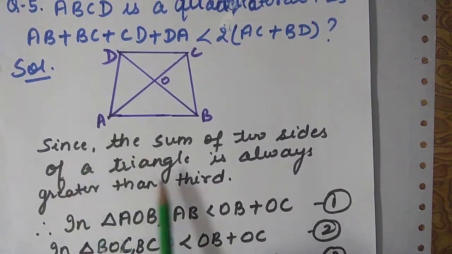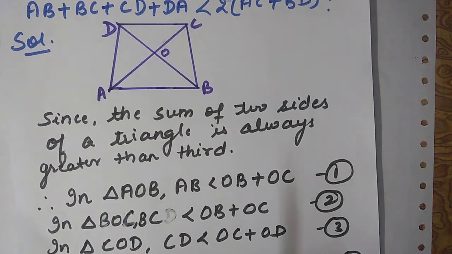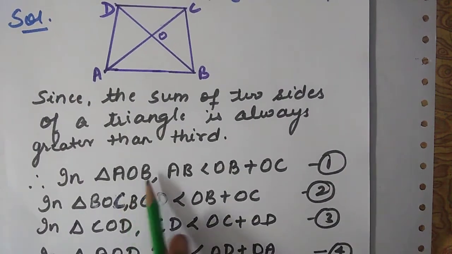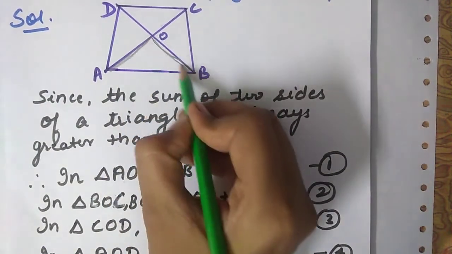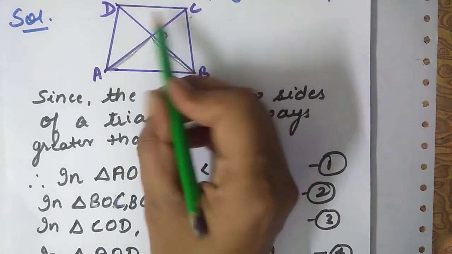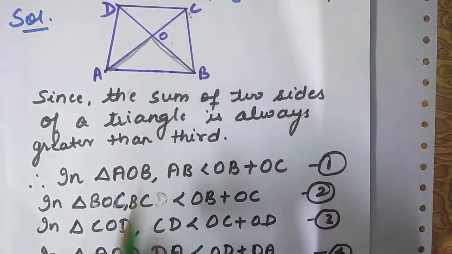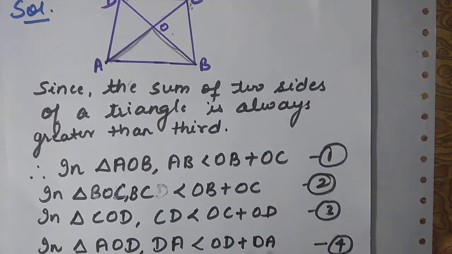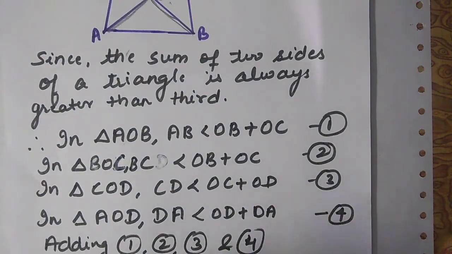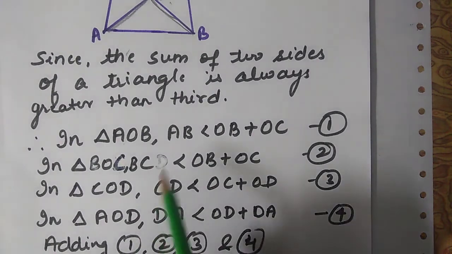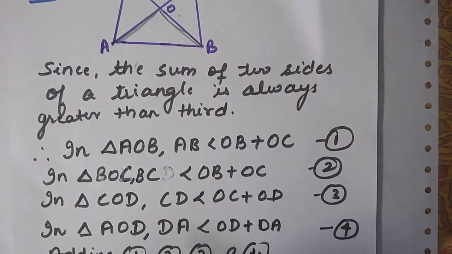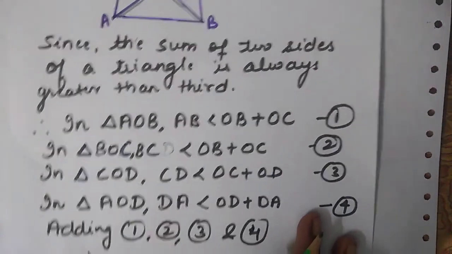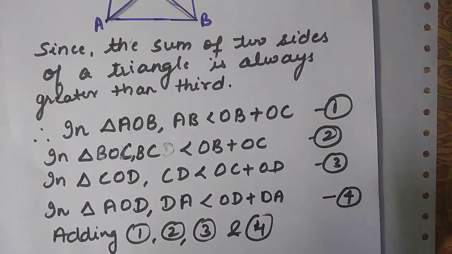First you have to write the triangle inequality. Now in this case you have to take these 4 small triangles, AOB, first you have to take this, then BOC, then DOC, and then DOA. These 4 triangles you have to take, and then you have to apply the triangle inequality again, then you have to add them. Okay, so I have just given you a hint. So rest of the solution I am leaving it for you. You have to do it yourself.